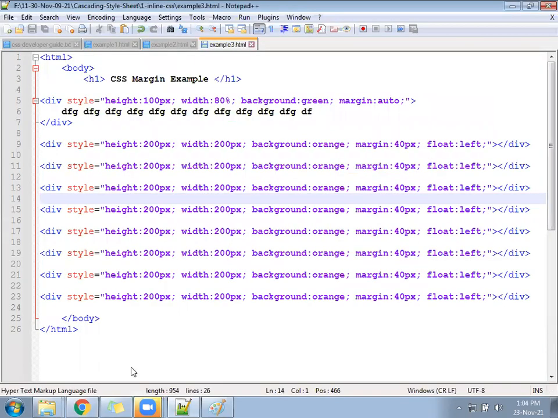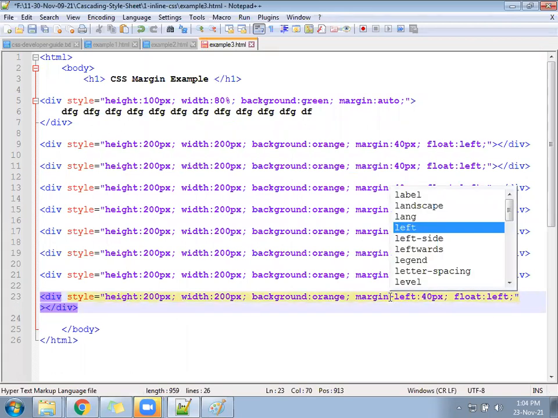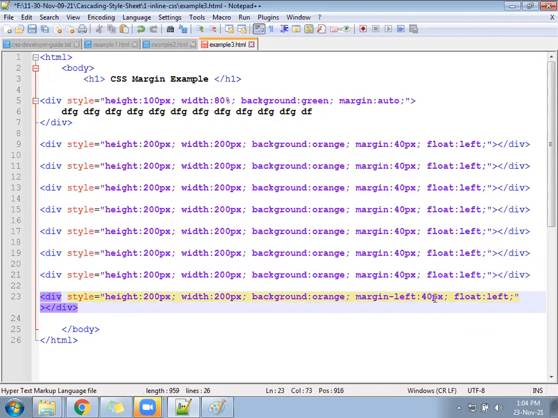For the last division, I will give margin hyphen left. The second last division is already leaving 40 pixel.